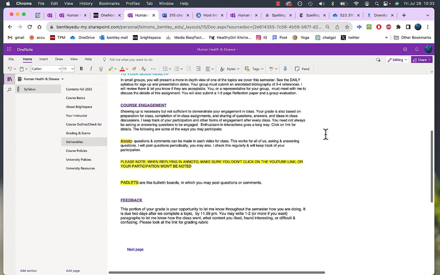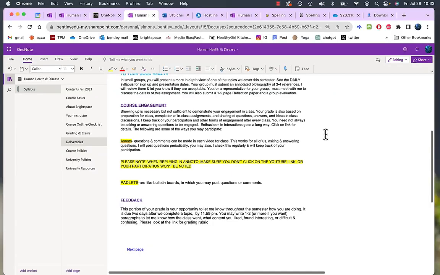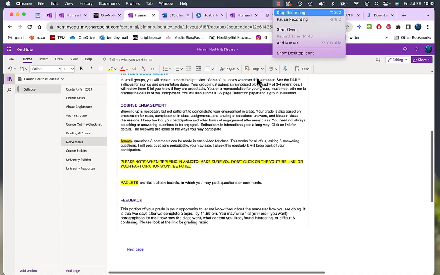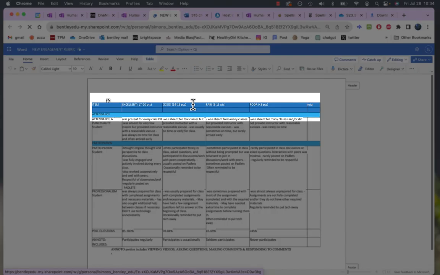Then we have course engagement, because not everybody wants to talk in class, and that's okay. There are other ways that you can show me you're interested in understanding what's going on. Can I show you the rubric to that right now? Here is a Word doc of the rubrics used to assess your engagement. There are different areas you will have a chance to look at. For the midterm, I ask you to tell me how you think you're doing, so that we can see if we agree that you are participating in an excellent fashion, a good fashion, a fair fashion, or a poor fashion.